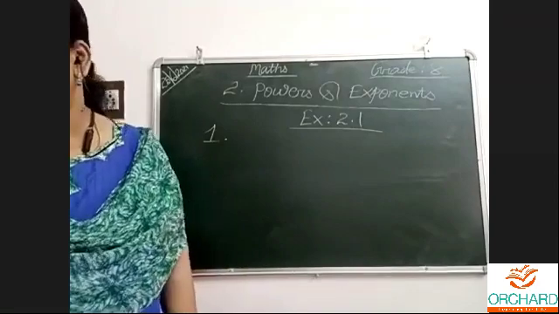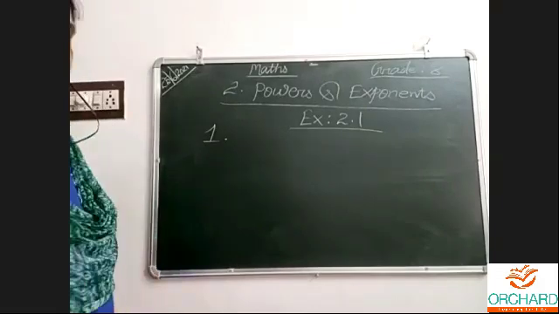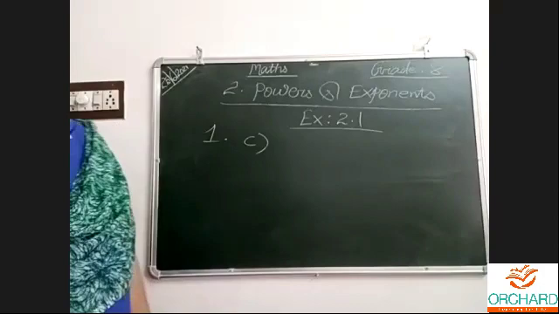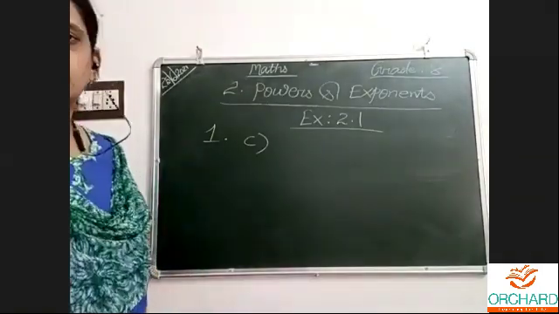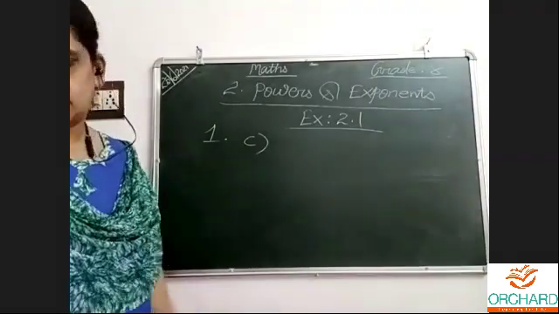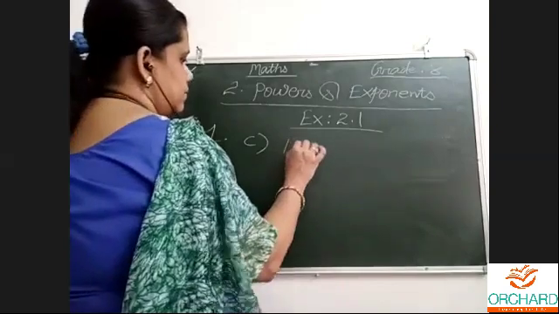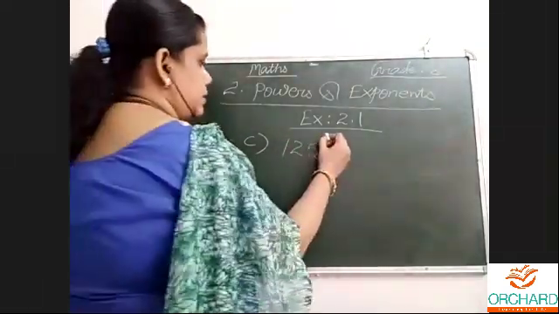Find the value of the following. 1 A, B, C, D are there. 1 C and D I will do. A and B I have rounded. That is the homework sum. All sums similar, all same model. One word answer. Yes, if we understand the law, we can get it like a puzzle. By practice only we will understand the laws.